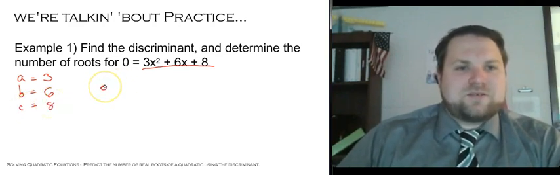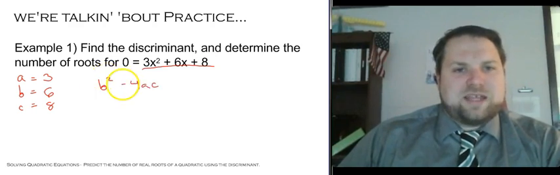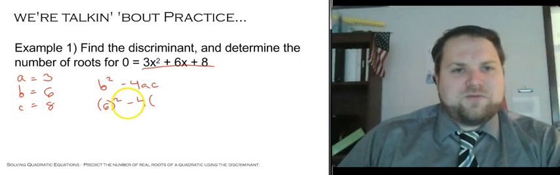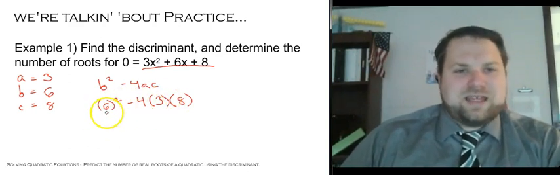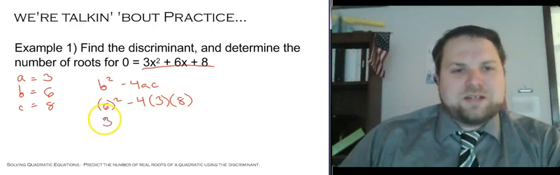So to find my discriminant, the discriminant is b squared minus 4ac. So b squared would be 6 squared minus 4 times a is 3, c is 8, and all we have to do now, you can literally just substitute that, or put that into your calculator exactly as is. If you want to get super fancy pants, you can actually go ahead and do this, and you would find,